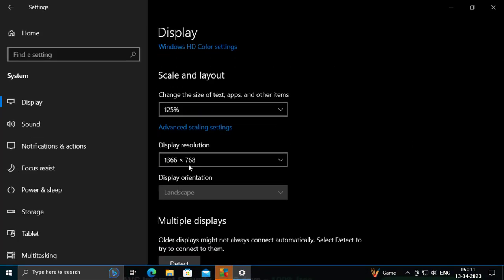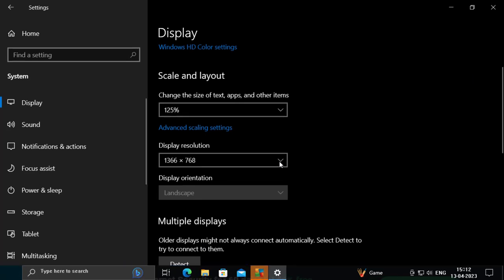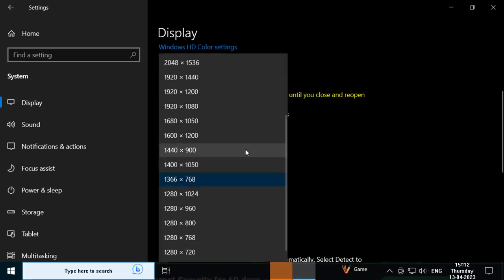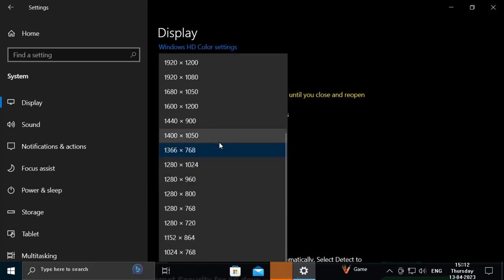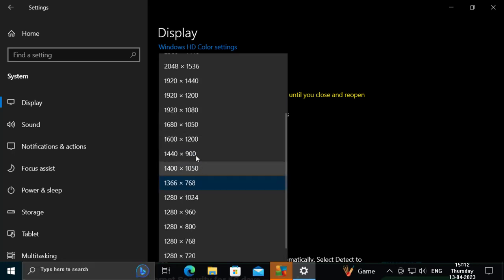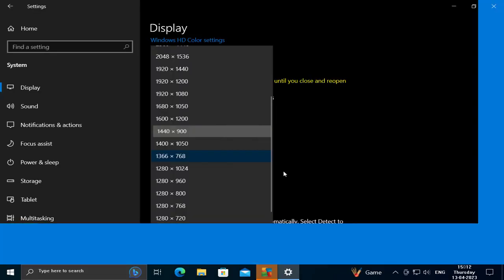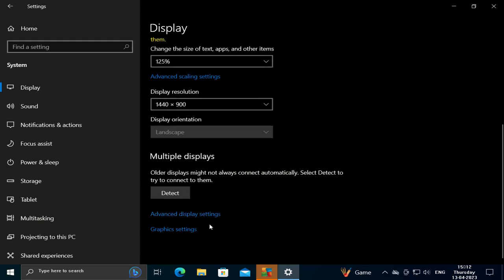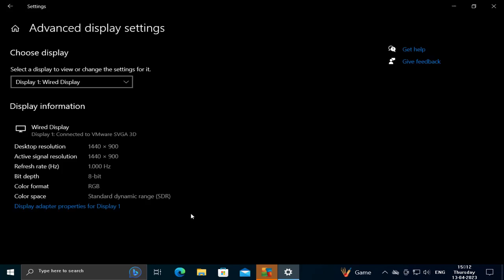you want to click on here, 1440 by 900, that's the best, guys. And scroll down or go to advanced display settings, click on it, and display adapter properties for display, and click